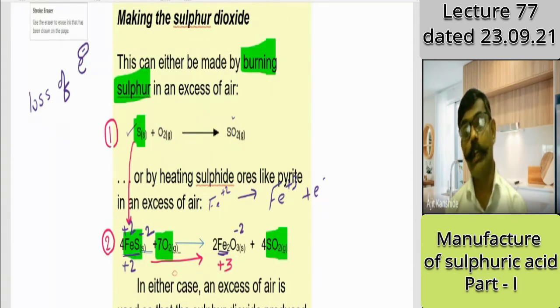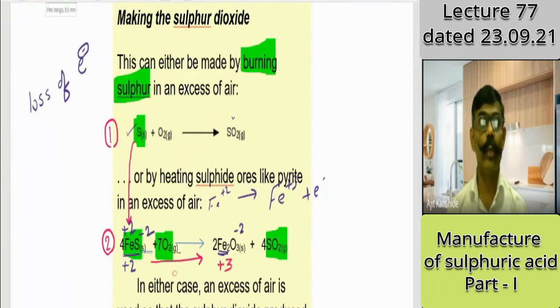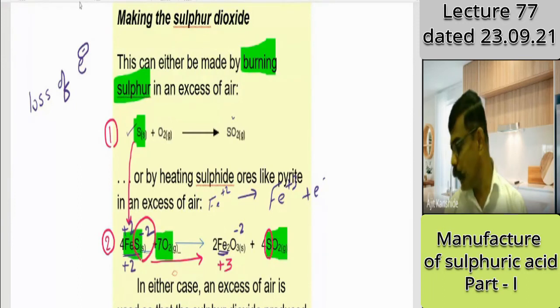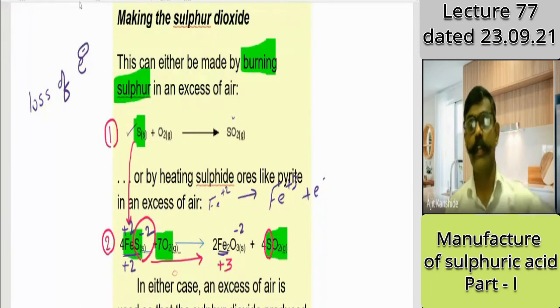Then who is undergoing reduction? Let us see. Let us talk about sulfur now. Sulfur has -2 charge here. And in product side, I want help from you. In product side, what is the charge on the sulfur? Sulfur oxidation state -2, that I told you. Here in SO2, what is the charge on sulfur?